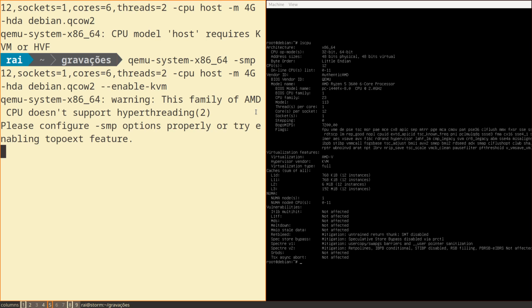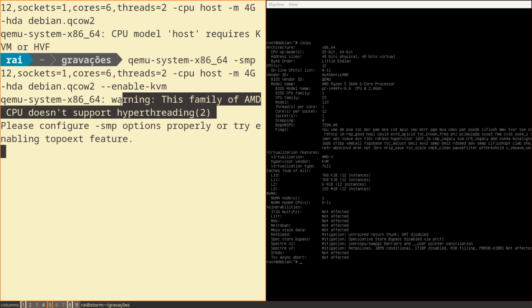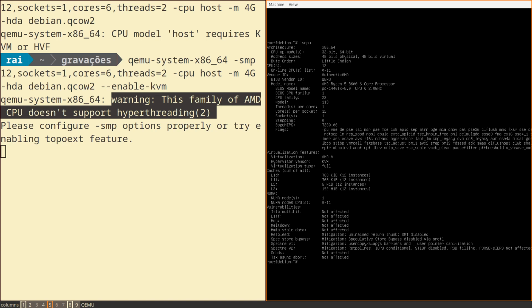Our host machine has only 6 cores with 2 threads per core, but the guest shows 1 thread per core. Why does this happen? You can see in the warning message after our command that this family of AMD CPU doesn't support hyperthreading. It's a limitation of QEMU for this processor, but the machine will run with 12 processing units. If you want to suppress this message,